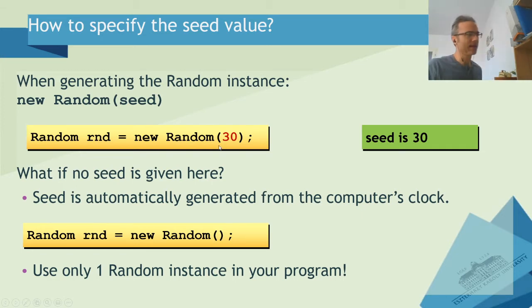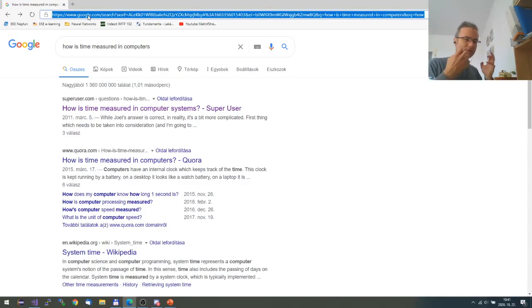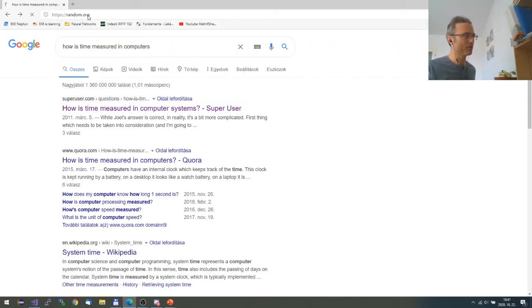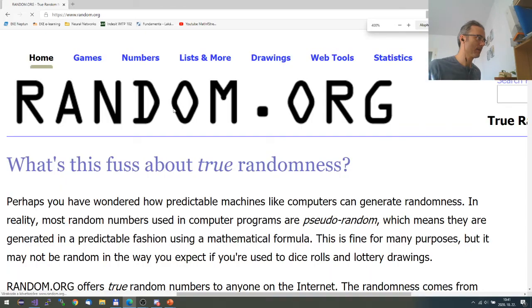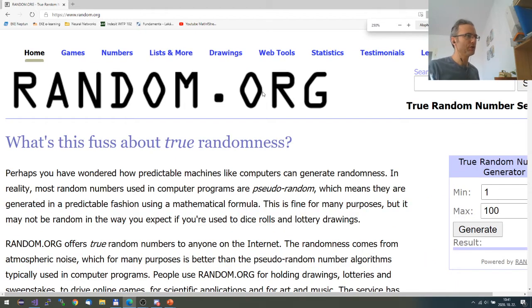I want to mention something else. So maybe in .NET you can only use this pseudo-random generator. You might need to use real random numbers. So I just want to show you a web page about generating real random numbers. Actually, this web page provides a web service you can use from your programs if you want, as far as I know. I'm not sure, but I heard that they calculate the numbers